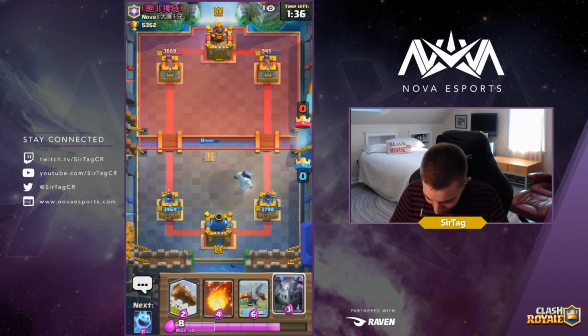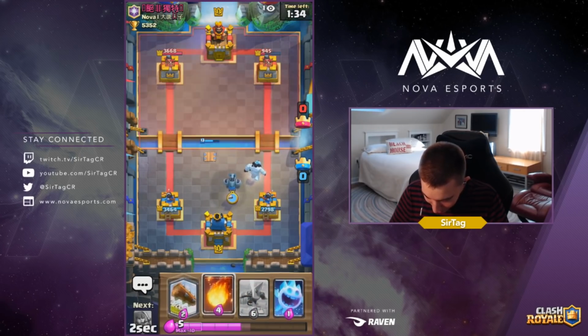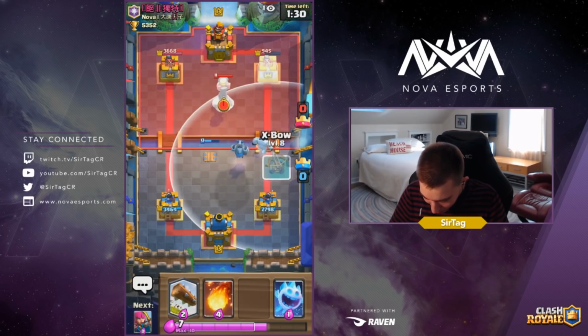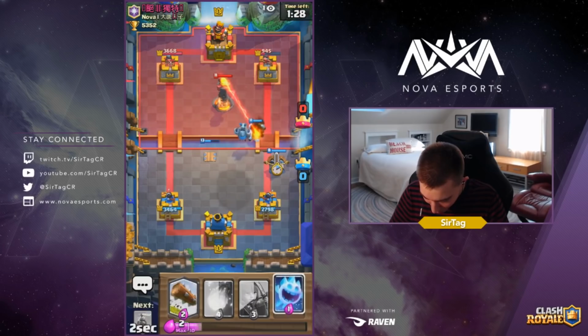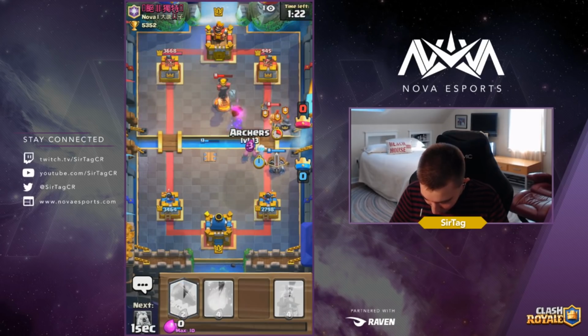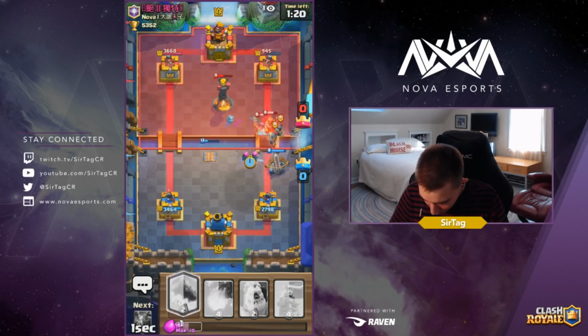We'll be dropping our Ice Golem, and then we're going to be dropping our Mega Minion. It's going to be interesting to see if he has Poison, Fireball, or Rocket. I would probably endeavor to say that it's going to be a Poison or Fireball because he didn't Rocket the Xbow initially. We'll be dropping an Ice Spirit and then Archers again. Going to get ready to drop...